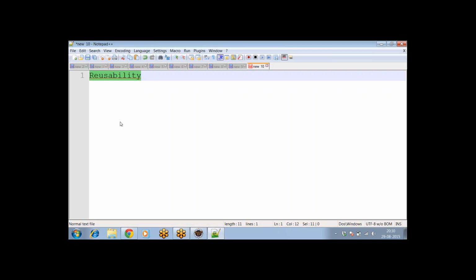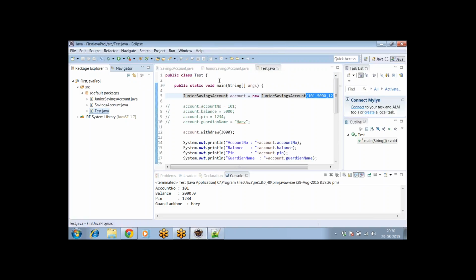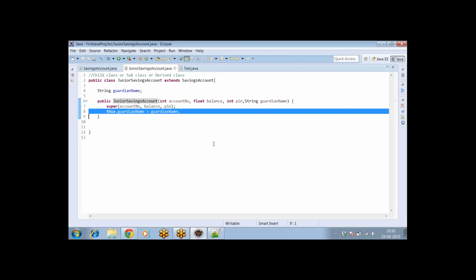So see how the real world concepts, when they are applied in programming, are giving us the benefits. Yes. That means we are avoiding code duplication. Duplication of the code is avoided here, right? So we are able to use the existing code which is already defined or already written,